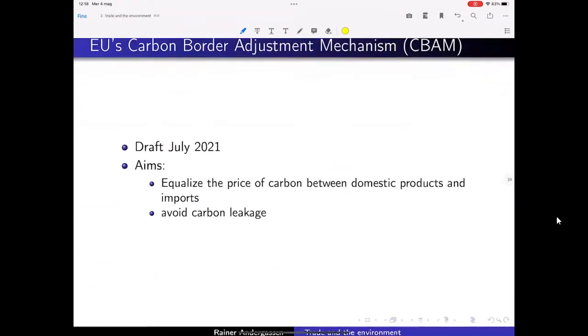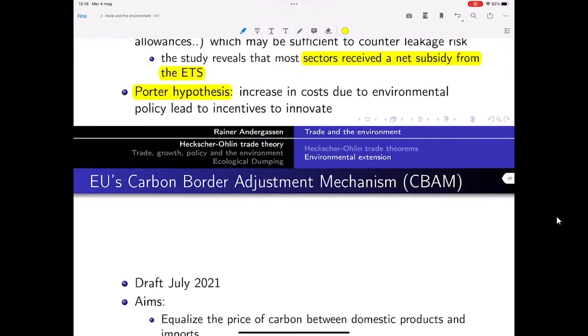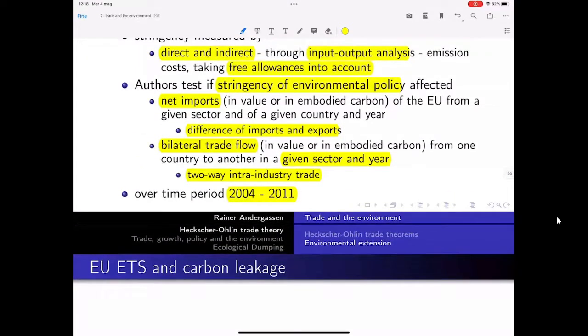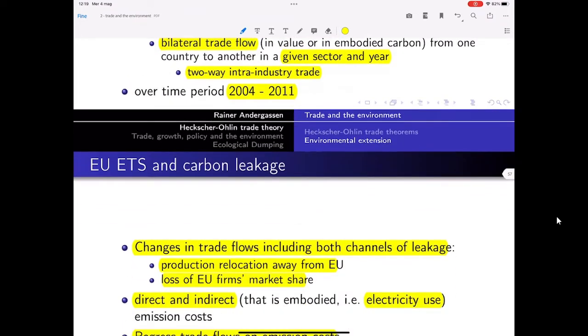Still, also remember another problem, I might say: the time period considered is 2004 to 2011, and remember there the price of emissions was very low, even though the spot price was high. It's something we already discussed by looking at another paper. So this might also clearly be a problem of how things have been done.